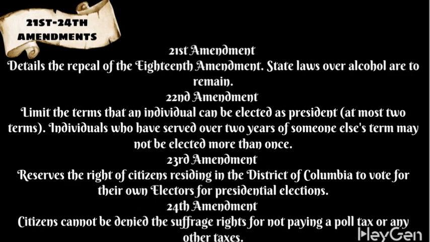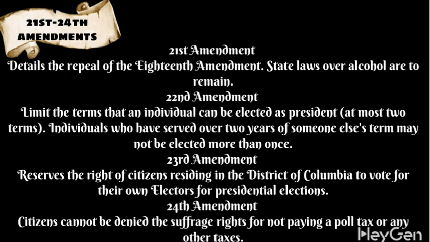State laws over alcohol are to remain. 22nd Amendment, 1951, limits the terms that an individual can be elected as president, at most 2 terms. Individuals who have served over 2 years of someone else's term may not be elected more than once. 23rd Amendment, 1961, reserves the right of citizens residing in the District of Columbia to vote for their own electors